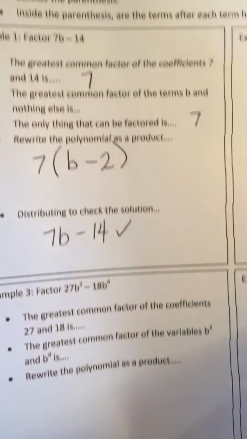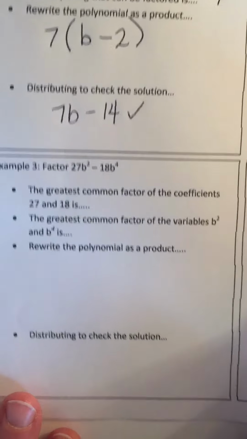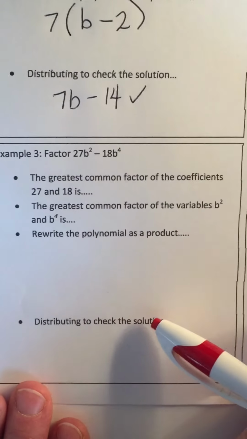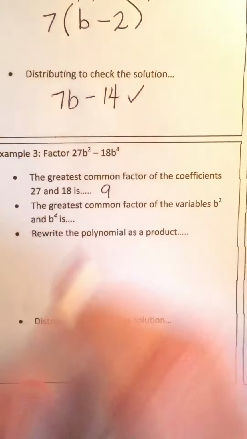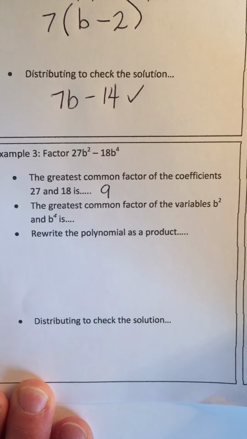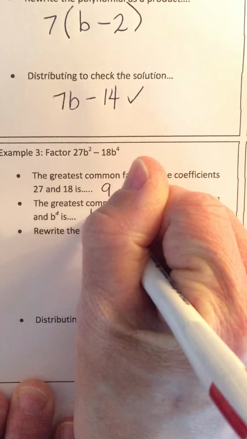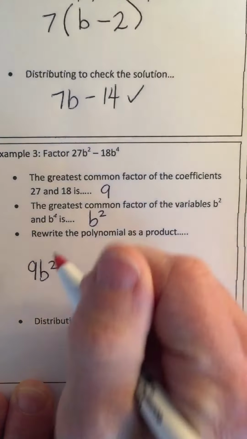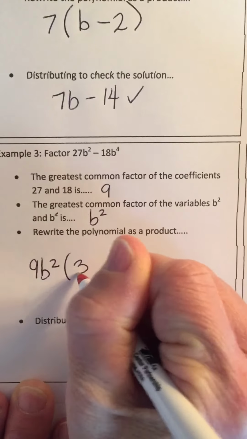Example 3. 27b squared minus 18b to the fourth. The greatest common factor of the 27 and the 18 is 9. The greatest common factor of the variables b squared and b to the fourth is b squared. We can factor out 9b squared times 3